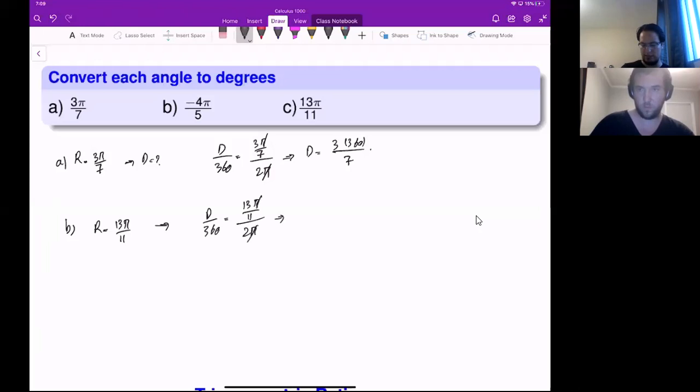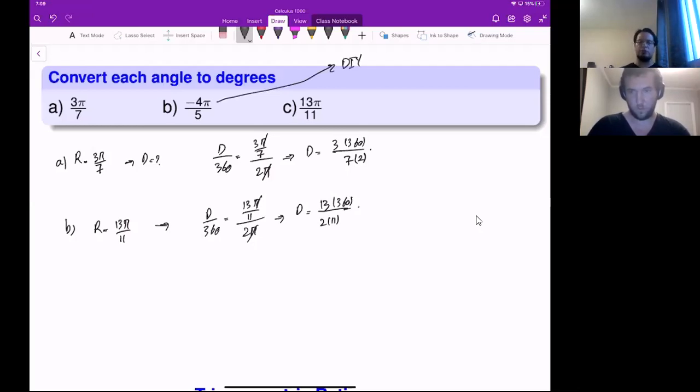You cancel these two. Okay, I forgot that 2 in the above example. And here now we also have 2 times 11, so d is 13 times 360 over 22. That's the degree. And I will leave this one for you as an example. This is just straightforward. You have to be able to turn